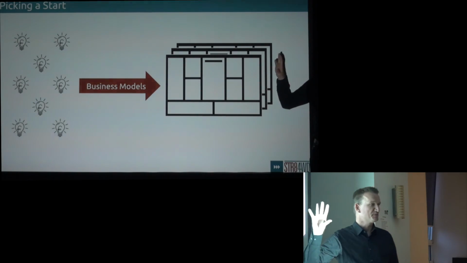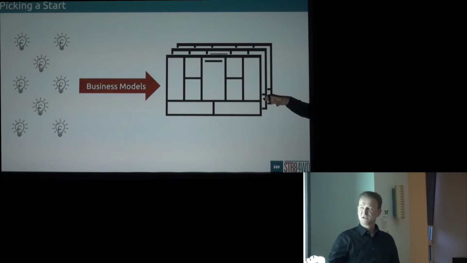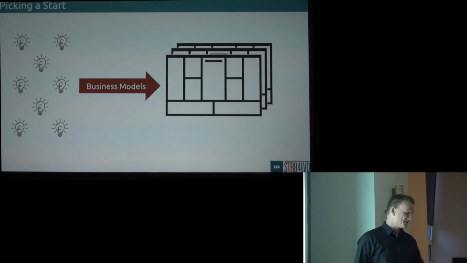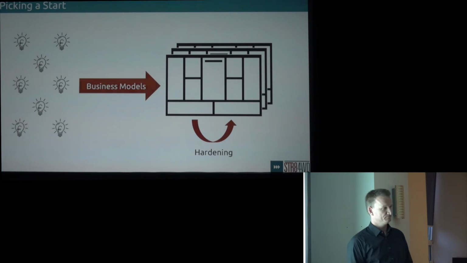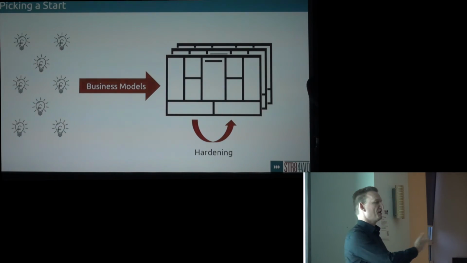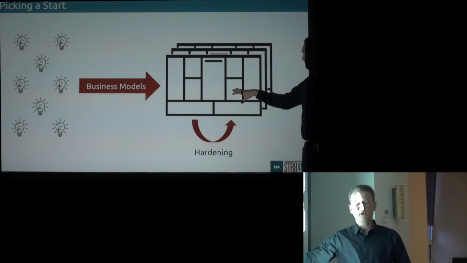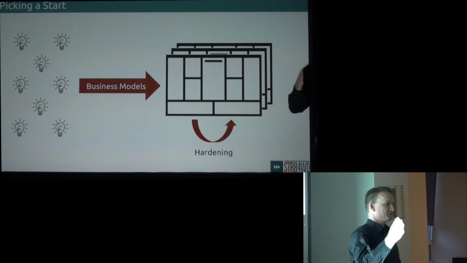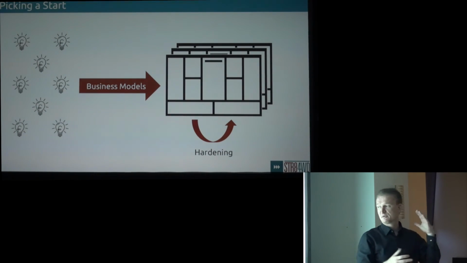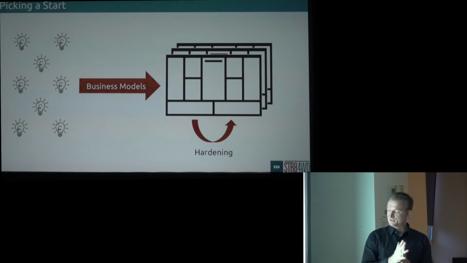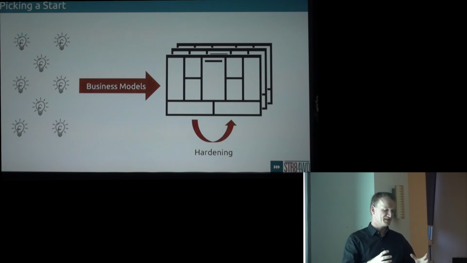So come up with business models. They trust them much more, because at least there is an idea how to earn money. And there's one thing you can do once you have a business model that you cannot do with a simple prototype, and that is what we call hardening. If you're from technology, you know that hardening means making something safer from breaking. Like if you have a server, you harden it so it's more difficult to hack. Here it means using a lot of best practices, like looking for customer lock-in and recurring revenues, and tweaking and hardening that business model so it gets more potential.